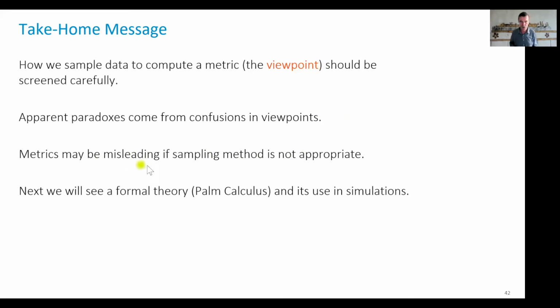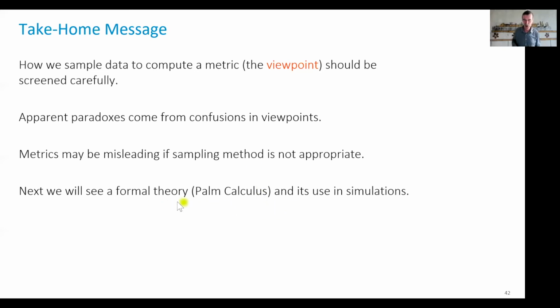So the take-home message: sampling method is something that you, as a performance specialist that you have become now, should screen carefully. It's usually not possible, or not interesting, to find exact mapping formulas, but knowing whether the sampling bias will exist or not, like for the file size distribution, is important.